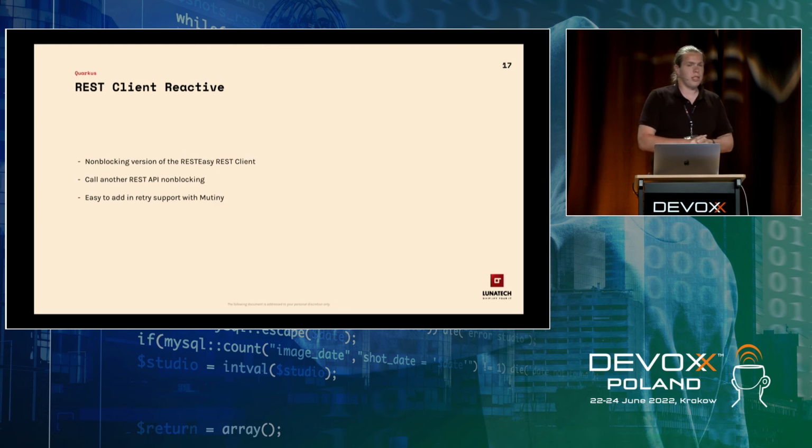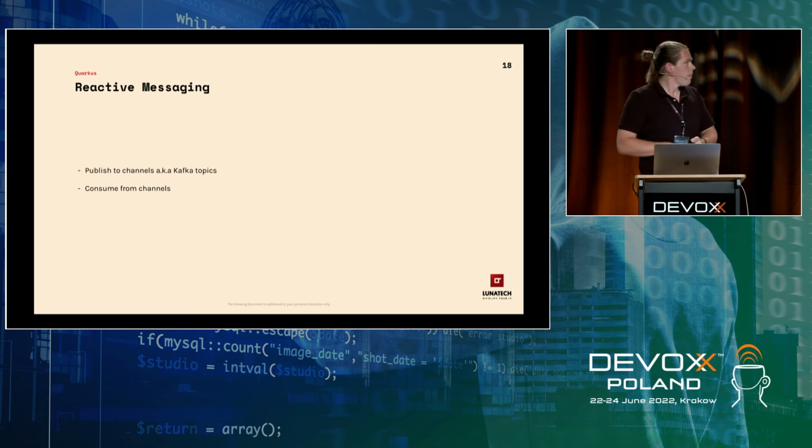So you can imagine that we could mix and match those approaches as well. So store a beer in my database. If it's from a specific country, look up some country information about that beer. And the next step is, maybe I want to publish an event. I found a new beer. Then we can use the reactive messaging extension.